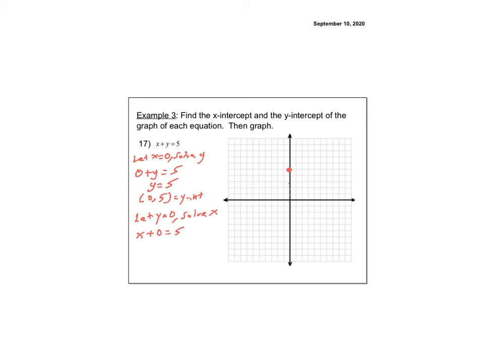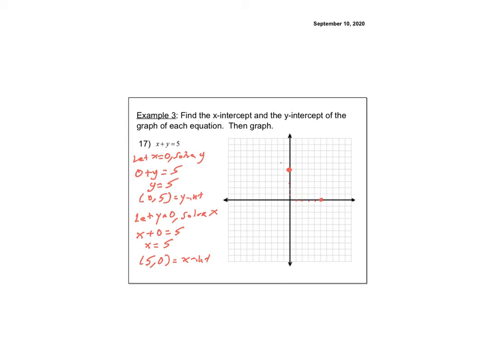I put the 0 in for y, so x plus 0 is just x, so x equals 5. So what's my x-intercept? It is going to be (5, 0), because x is 5 and y is 0. So on the x-axis, I can count over 5, 1, 2, 3, 4, 5, and then